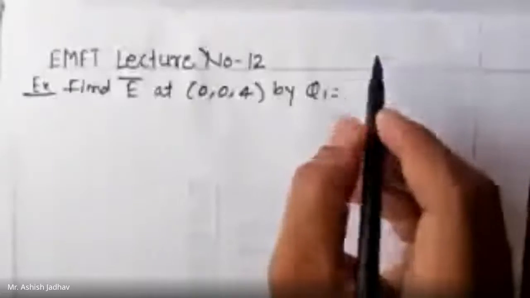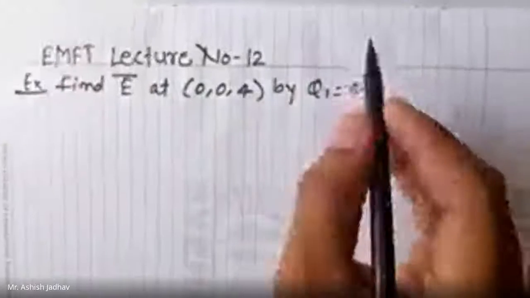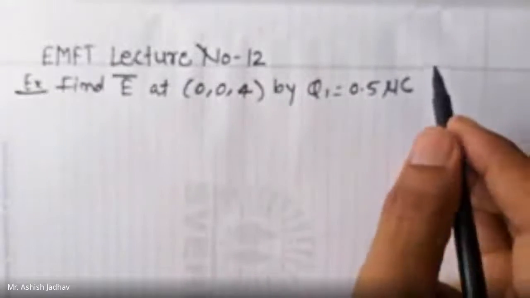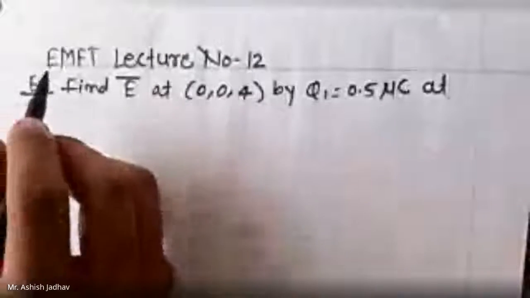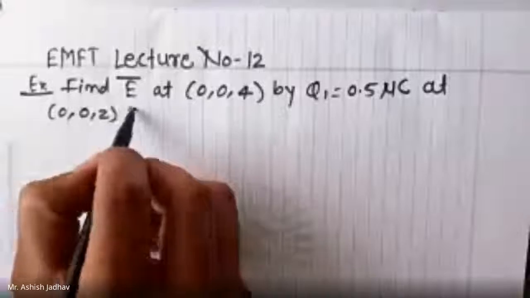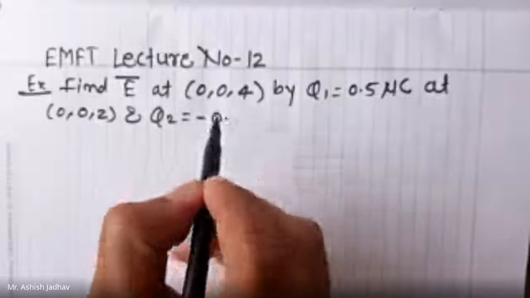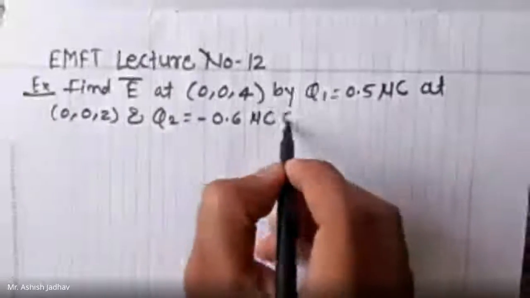Q1 is equal to 0.5 microcoulomb at 0, 0, 2, and Q2 equal to minus 0.6 microcoulomb at